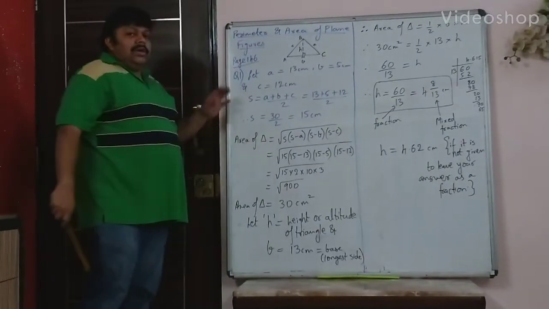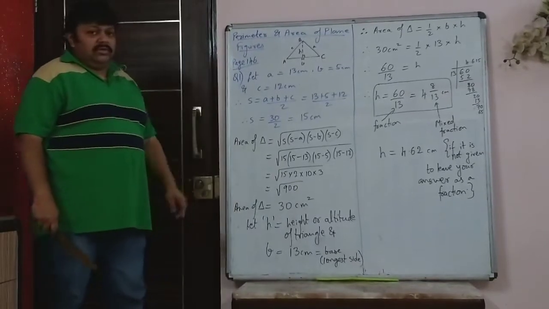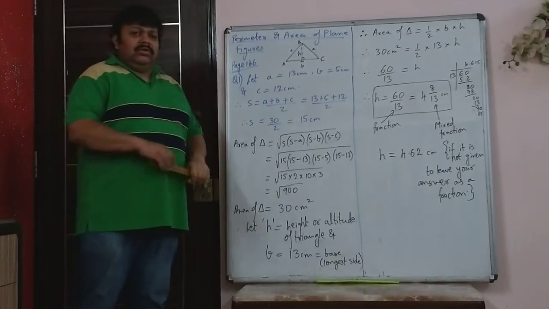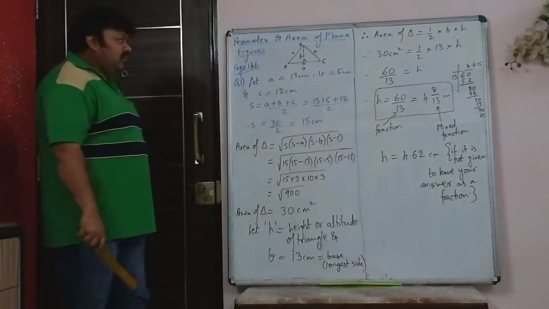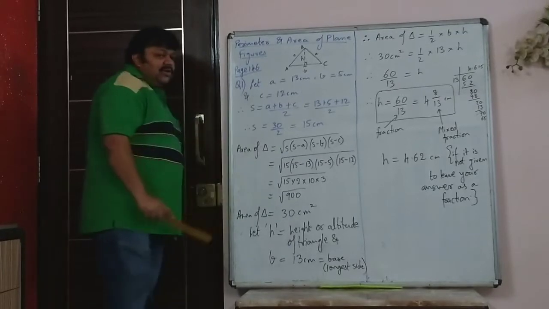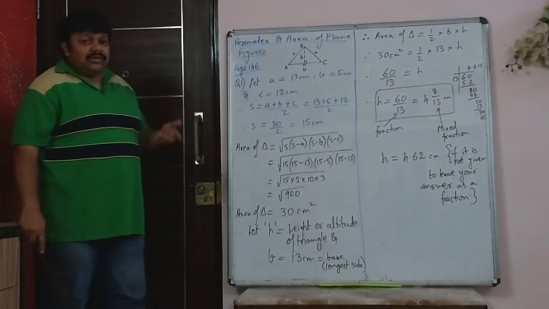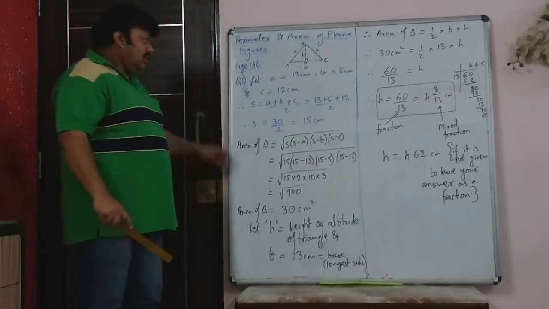Now we go to the classwork sums today of perimeter and area of plane figures. Very simple topic, very much easier than your geometry and the proofs. So here in the first sum on page 146, we are dealing with triangles now. The first part of the chapter is triangles. Today we will look at triangles.